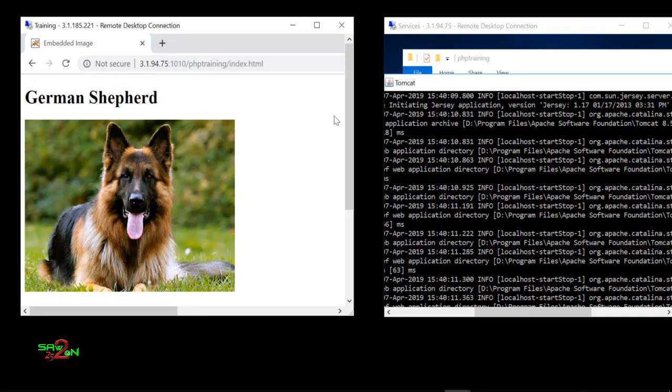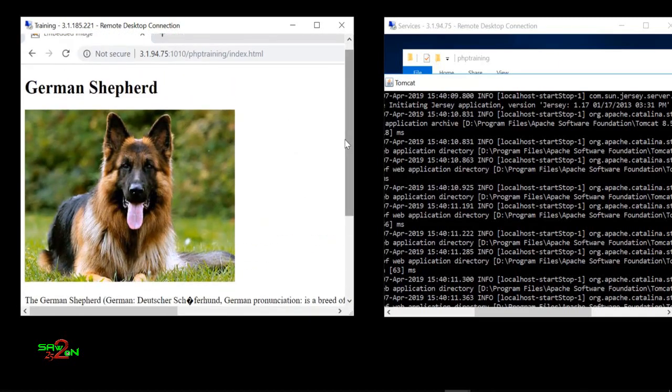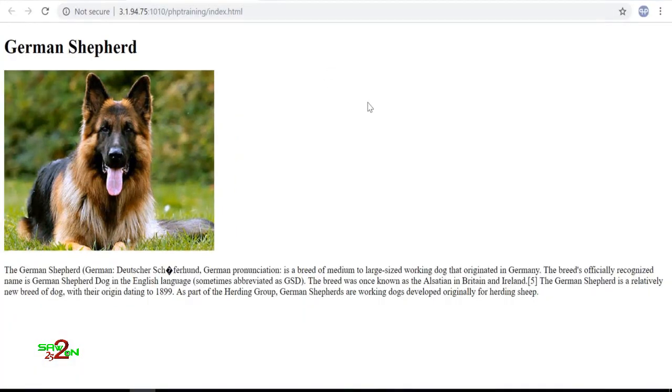okay, you see there is some text and there is an image here. This is basically coming from this server. So this server is the web server. This is the client. And if you want to see more detail, you can zoom in on this. Okay, so that is basically showing you how the request response happens from client to server.